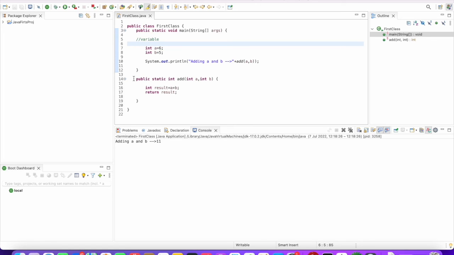Another important topic is object and class. As we discussed, Java is object oriented programming, right? Object oriented programming language means all the code we are going to write is in classes. If you want to access variables and methods from one class in another class, we need to create an object. So what is an object actually? An object is nothing but